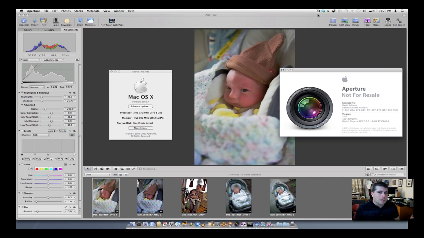It's a good example of why it's important for a program like Aperture to use the core technologies like Core Image in OS X, because as OS X improves, programs like Aperture get a speed boost on top of those improvements as well. So what we're going to do today is I want to show you some work on this